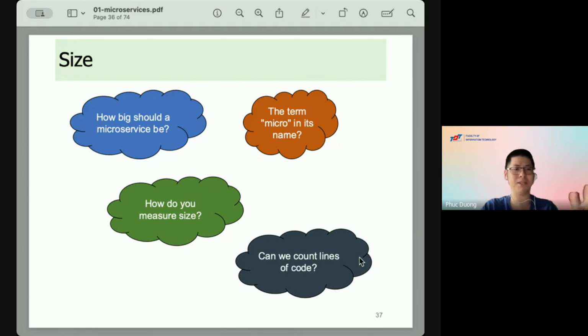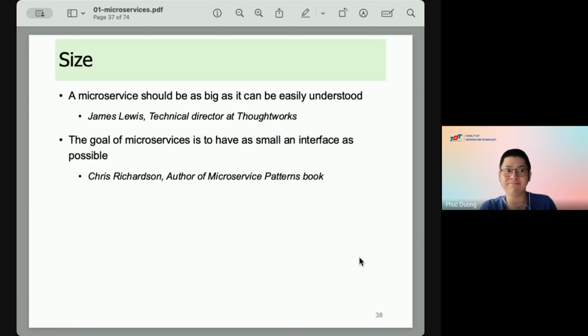Okay, so instead of answering the question like how big should a microservice be or how many services are enough for a final project, you just relax, because there is some advice that I mentioned on the slide. For example, a microservice should be as small as it can be so that it is easily understood. You can have as many services as you want, but you need to gather them in a size that you can manage, or we call manageable.